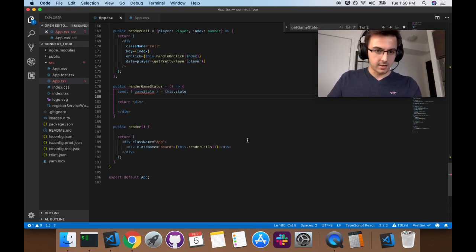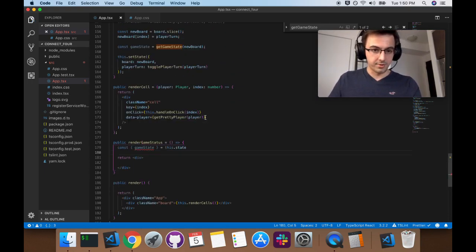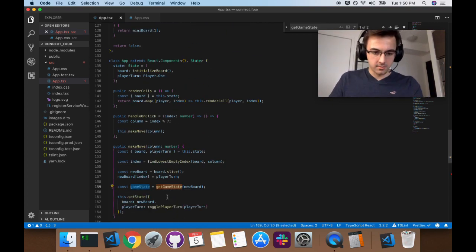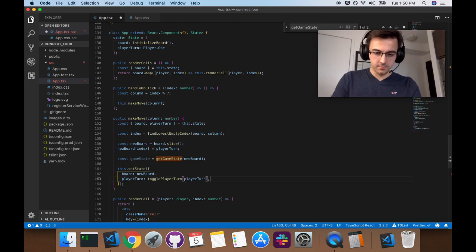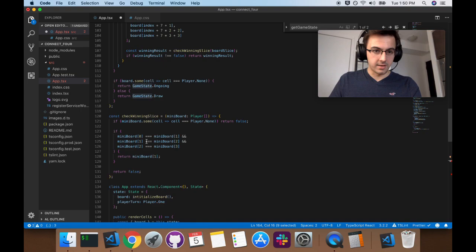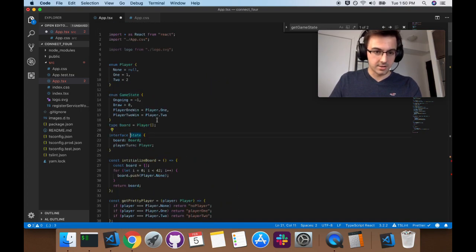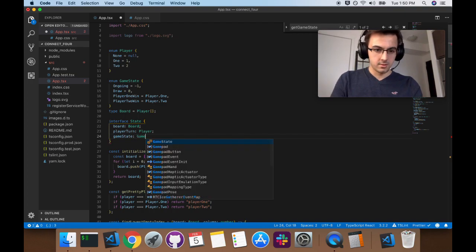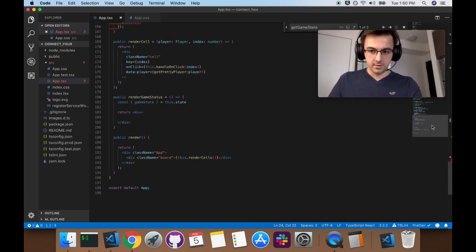The game state, I want it to be stored in the component state here, after every single move. And in order for that to happen, we need to actually add it to the component itself. Cool. So now when we're rendering it,